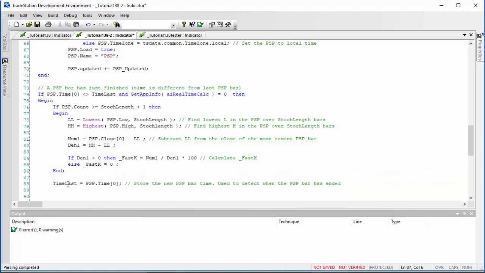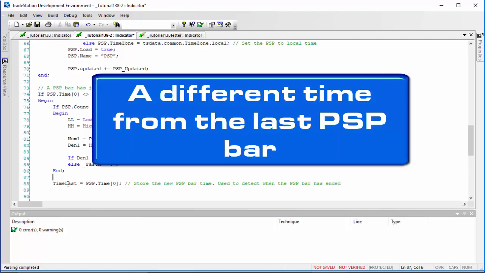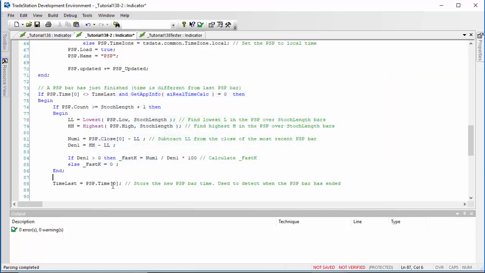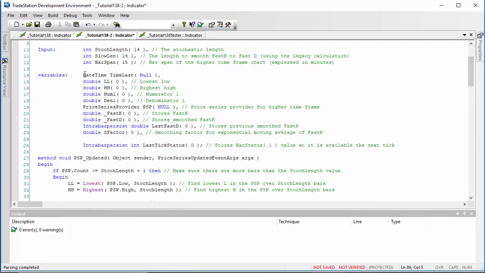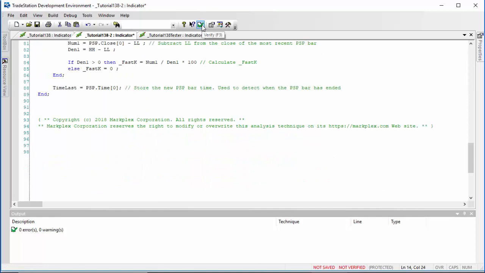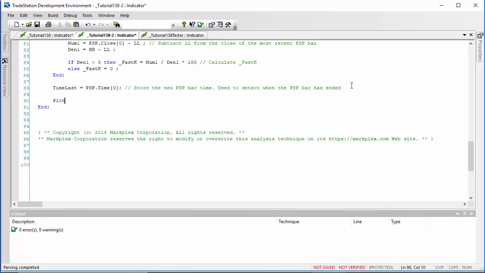And then what we do as this runs, so remember it's a different time from the last bar and a historic bar, it's not a live bar, so we keep a record of the time last, and that will then help us to detect when the bar changes again. So if we go to the inputs, or rather the variables, you'll see that time last is actually a date time. Just going to see if that works. Very good. And then we just need to plot that fastk. So again, plot 1 underscore fastk. Close brackets